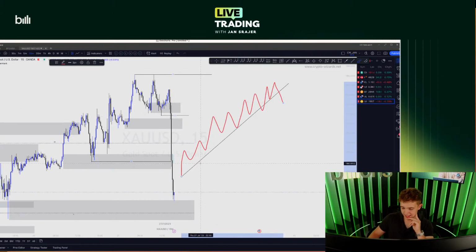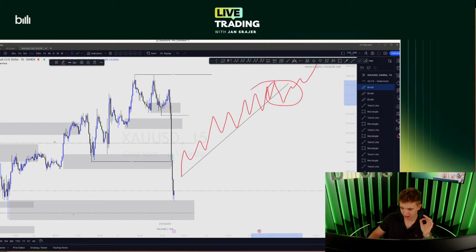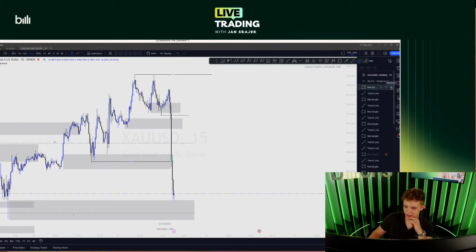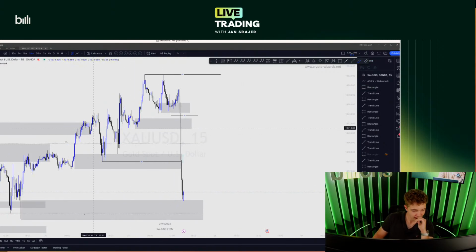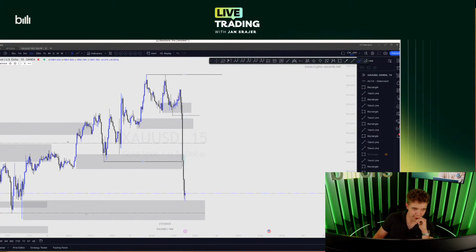But I see this as a huge opportunity for a liquidity grab, and usually once we sweep the trend line, I'm looking to get into a long and fade this breakdown. This is what I do because, from a statistical perspective, if you check how many times the trend line works on BTC this year, it was around 40%, so you have basically 60% on your side. So that's why I'm trying to fade them from time to time. Good way to do it.